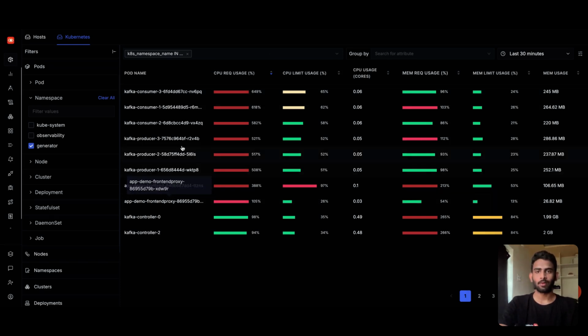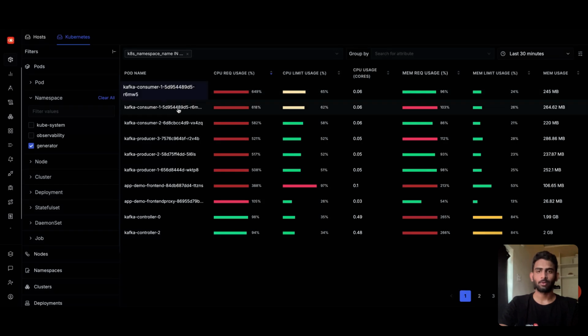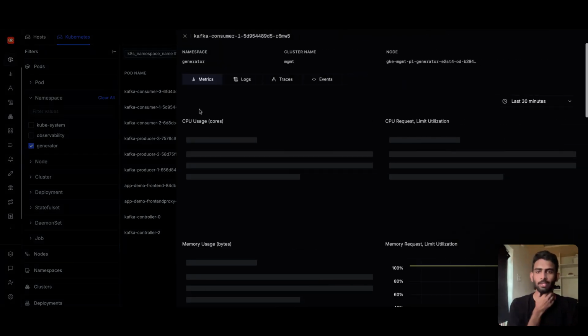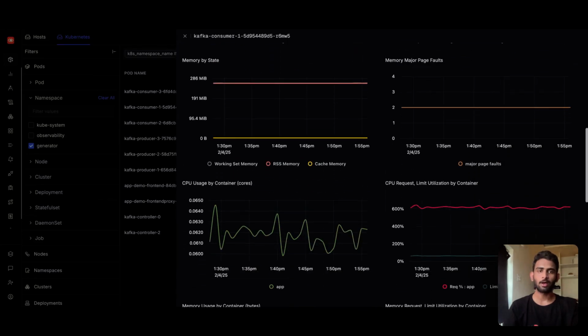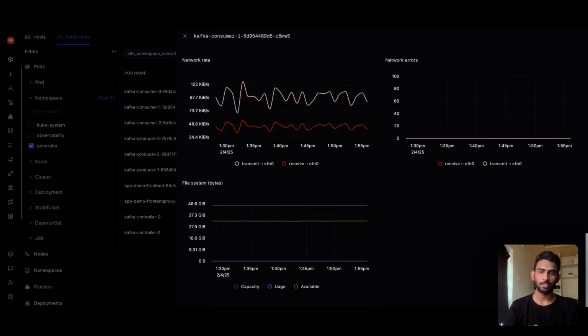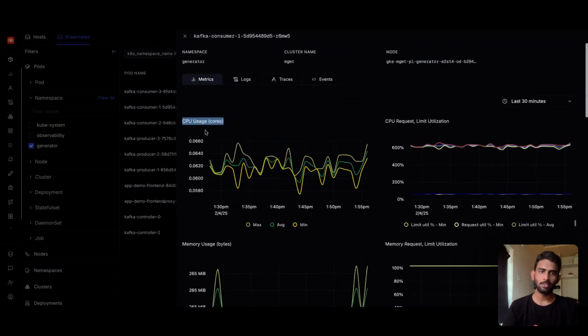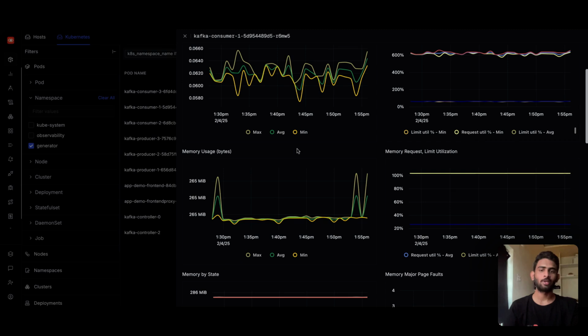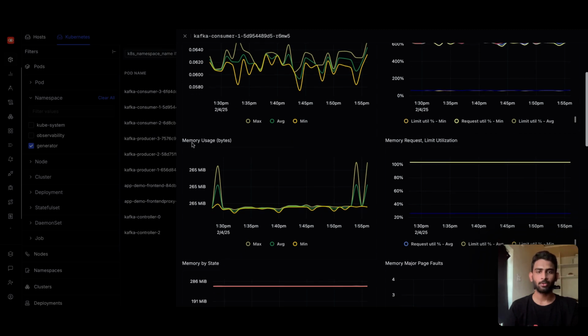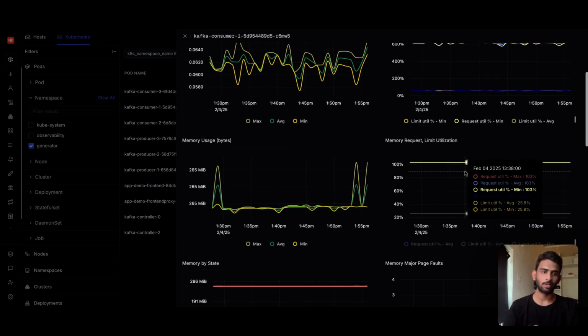Let us go to Kafka consumer, this pod. Here you can see the pod metrics, all the pod metrics that are reported to SigNoz, CPU usage, CPU request, and limit utilization. Here you can see the request utilization is nearly 6 times higher, and the limit utilization is almost close. Similarly, you can see all other metrics, memory usage, and memory request and limit utilization percentage,